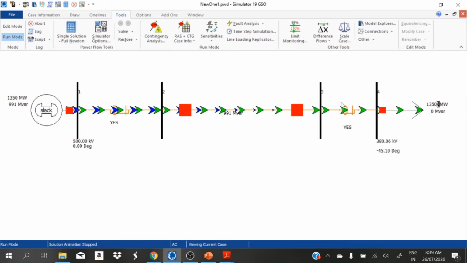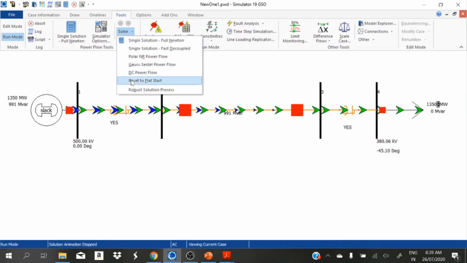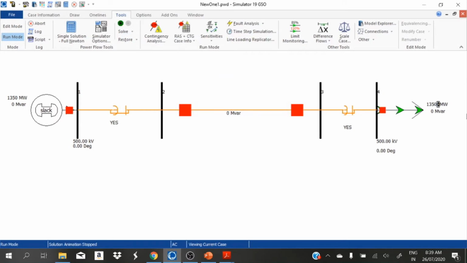Now we can remove the bypass and check how our system loadability increases in this case. Now I put no, that means no bypass. I directly connected the capacitor in the line. Now I run again. Now you can note down the angle reduces to 25. Before it was 45, now it is 25. And also I can increase the load more than the previous limit. Now it goes up to 1750.